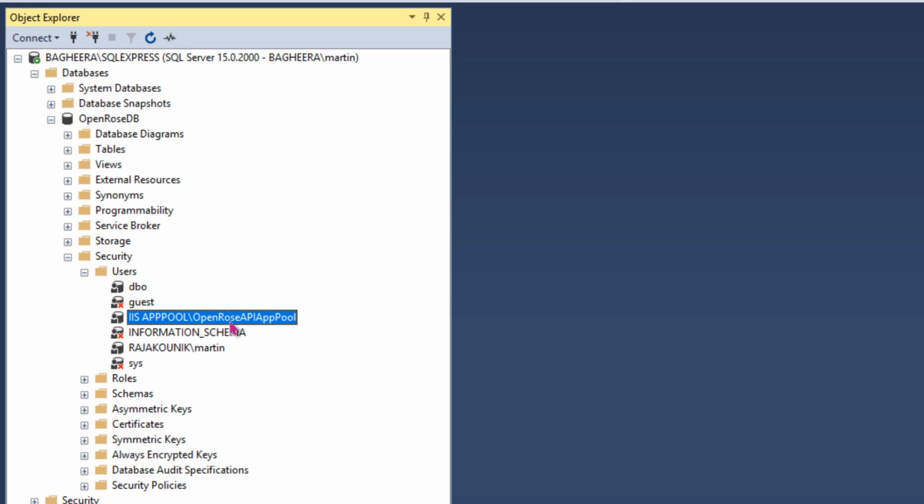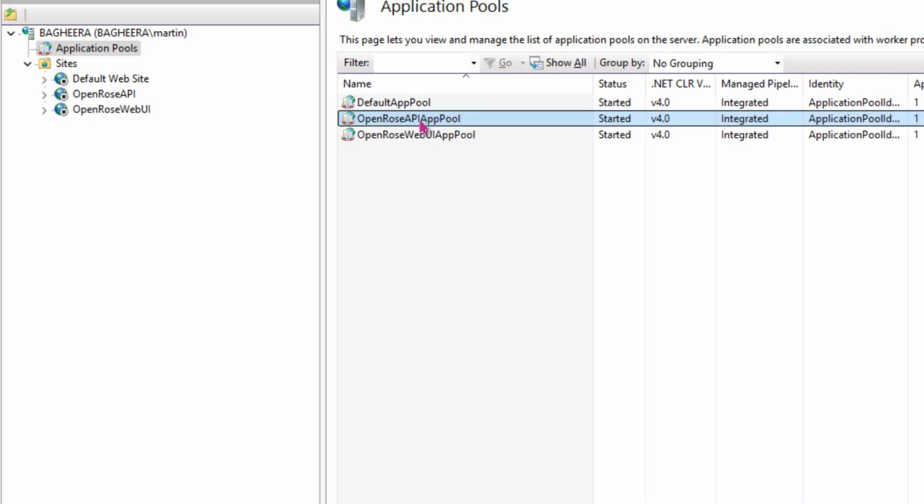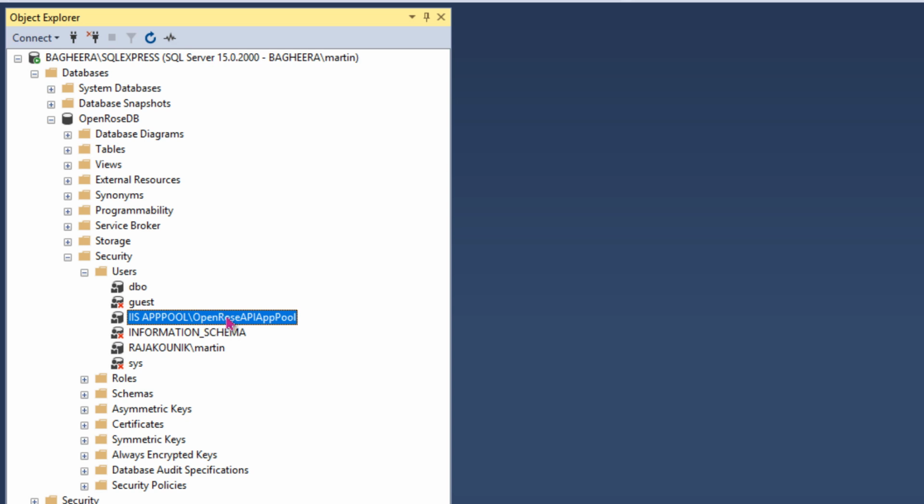That's the actual naming convention to identify the Windows account for the IIS application pool. And that's the OpenRose API app pool, exactly how we see this in Internet Information Services. And that account is added to